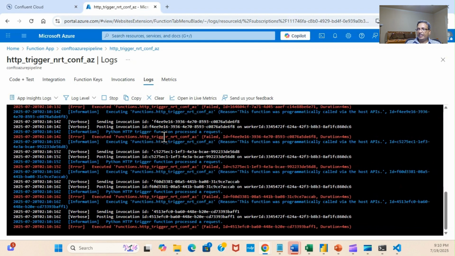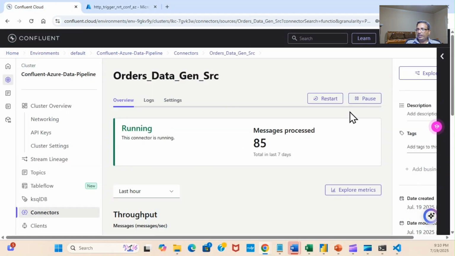Okay, so the data has started to come in, and there is an error, but we'll resolve those with the code that we can use. But the data is coming in as it's getting pushed from the source connector. So let's pause this,